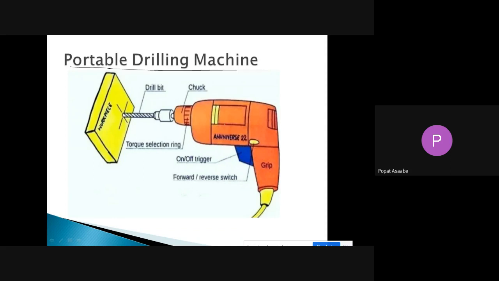It consists of one electrical motor. When we switch this button, that electrical motor is going to start. Here the shaft of that electrical motor is connected directly to the drill bit. Along with the rotation of the electrical motor, your bit starts to rotate, and we can move the machine in the forward direction by hand and give the feed, and it will remove the metal from that workpiece. From here we can also change the speed or torque.